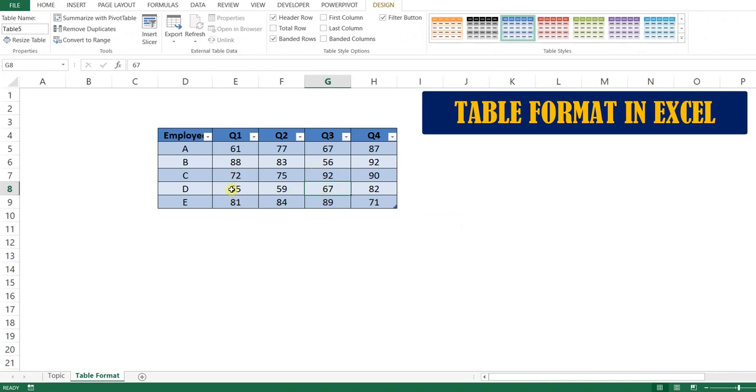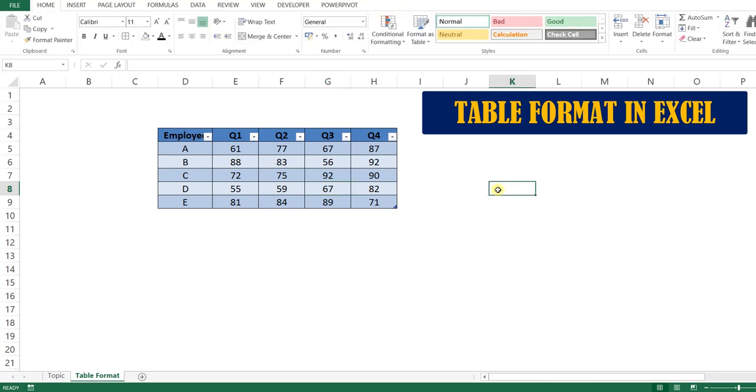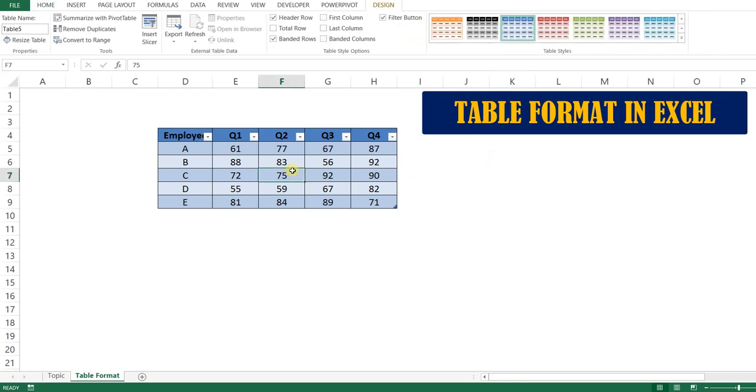If we click on any cell of the table, we can see that one additional tab named Design tab gets enabled on our ribbon. If we click outside the table, this Design tab disappears. So it means this Design tab is specially enabled for the table format.